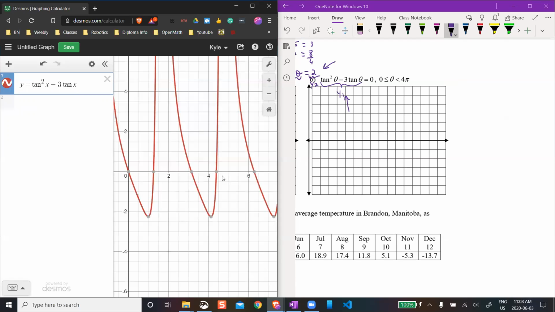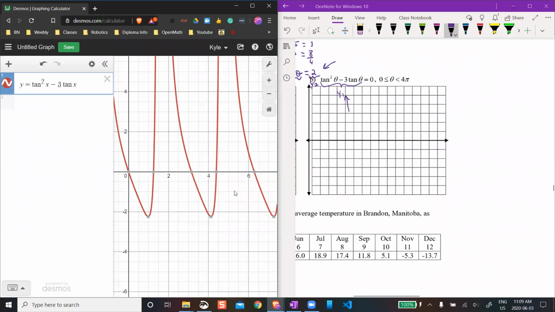We're not going to try to figure out too much of why it looks that way. Just we've got this and now looking at our question here, let's see what we're looking for. It's saying, where is this true, right? So where does this cross the x-axis? And it's saying between, so when the angle is greater than 0 and when the angle is less than 4